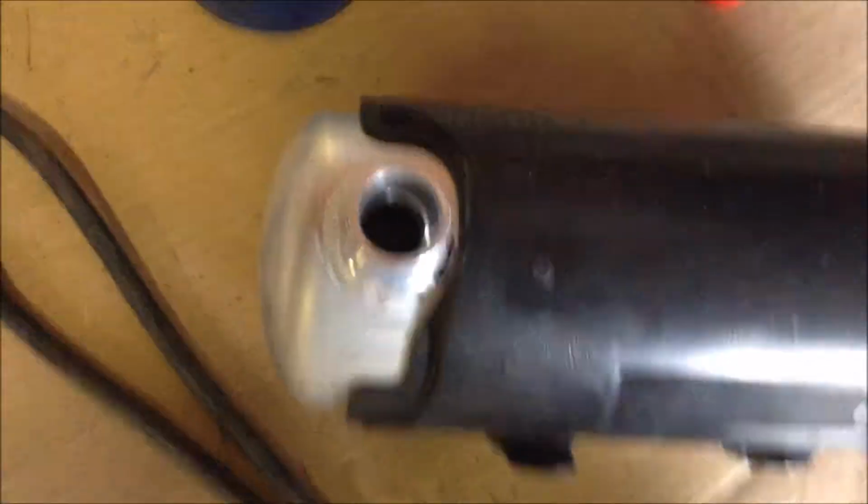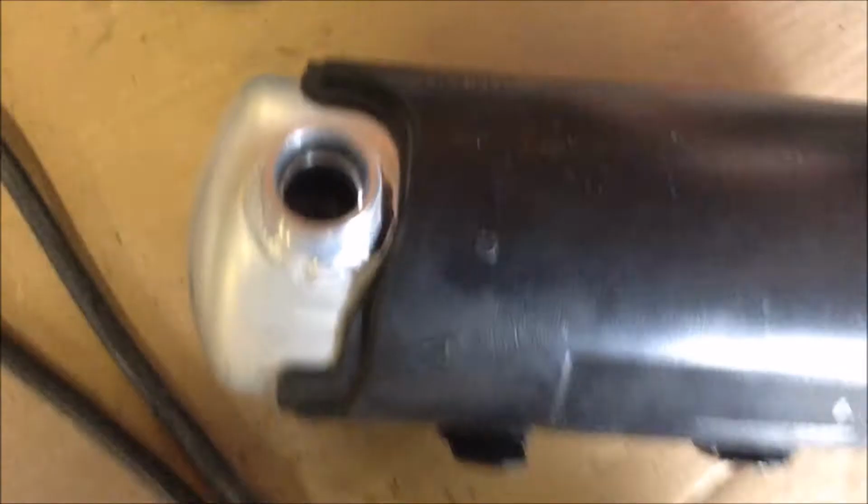Okay, so I'm going to add it to the top side. I don't know if this is the best place or not, but it seems logical to not put it through the bottom, so it's going to leak on me, but it might leak out anyway. So I'm going to leave this cap on until I'm ready to connect the hose. So I'm using